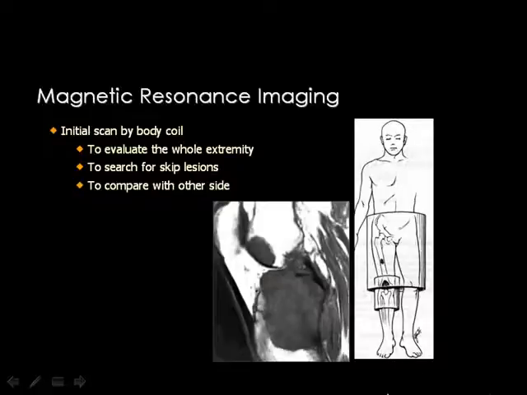role in assessment of postoperative spine and other pathologic entities in the spine. Then, how to perform the MRI for a limb or for an area which contains a suspected bone tumor. Number one, if the tumor is in the lower limb, like most of the tumors, you should have a scan for the whole limb to look for skip lesions in some cases. And you should have a scan for both limbs for comparison, for any bone marrow abnormality, residual red marrow, and